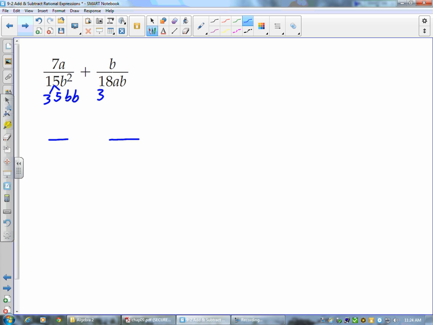We've got a 3 times 6, or 2 times 3, let's just call it 2 times 3 times 3. 2 times 9 makes 18, times a times b. So I need to have a 2, a 3, a 3, and a 5, an a, and 2 b's. Basically taking the most of all my parts. Multiply all these together, that's going to be 90